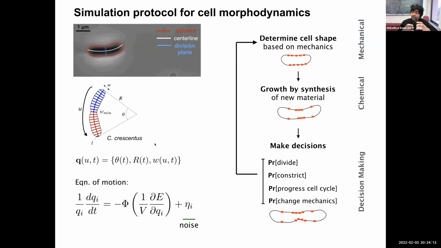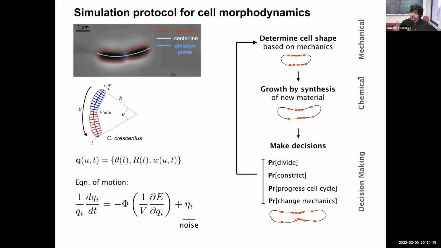The mechanics, sort of the elastic energy of the cell surface, the bending energy, and those sort of mechanical energies. So it has to take into account mechanical energy and growth energy. And so what you do is that based on this, you evolve the system. So the system has three components: the mechanical component, which is defined by this equation of motion that determines the shape of the system. There's a chemical component where the growth happens at specific sites along those systems.